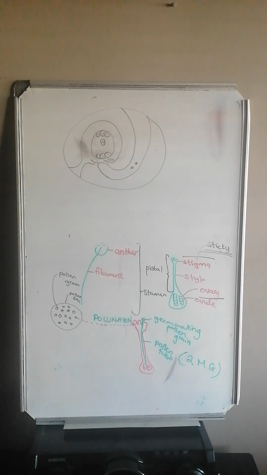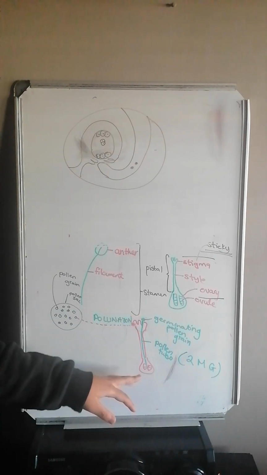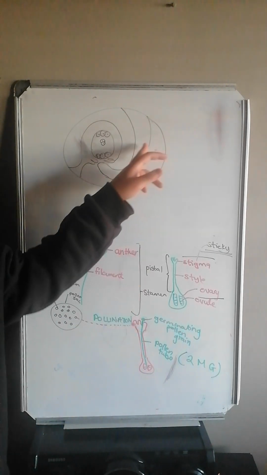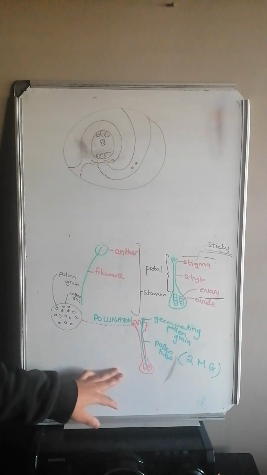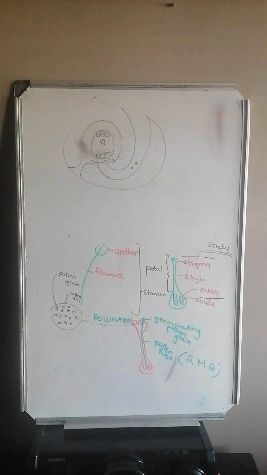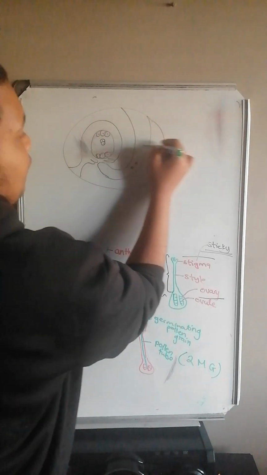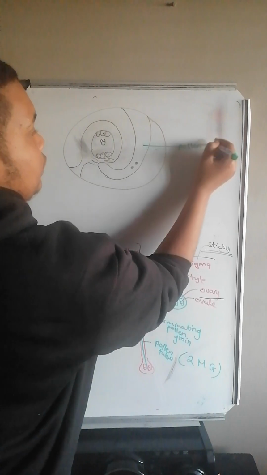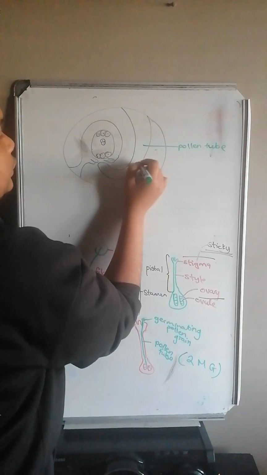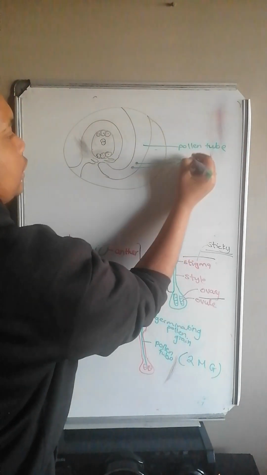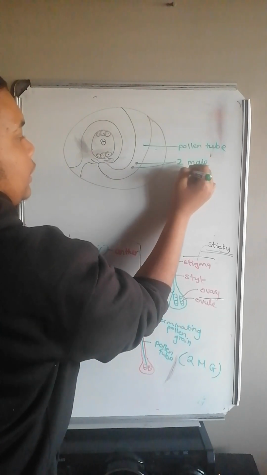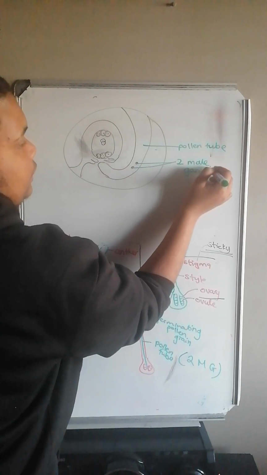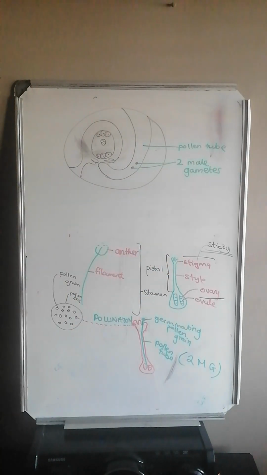So, remember I said that the pollen tube is going to go down with the 2 male gametophytes. That's the pollen tube there, and that's the 2 male gametophytes in it. Right? And then, this here is now that pollen tube. And these 2 structures here are your 2 male gametes or gametophytes. Right? Your 2 male gametes. Now, what happens is,